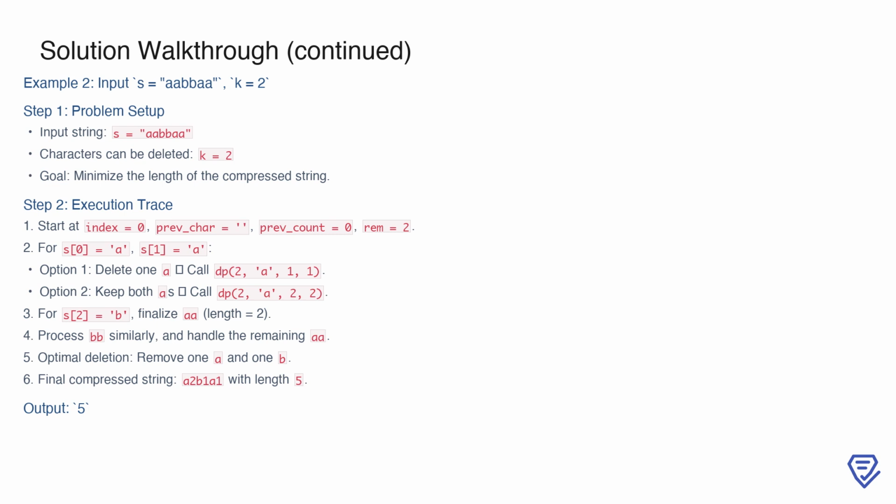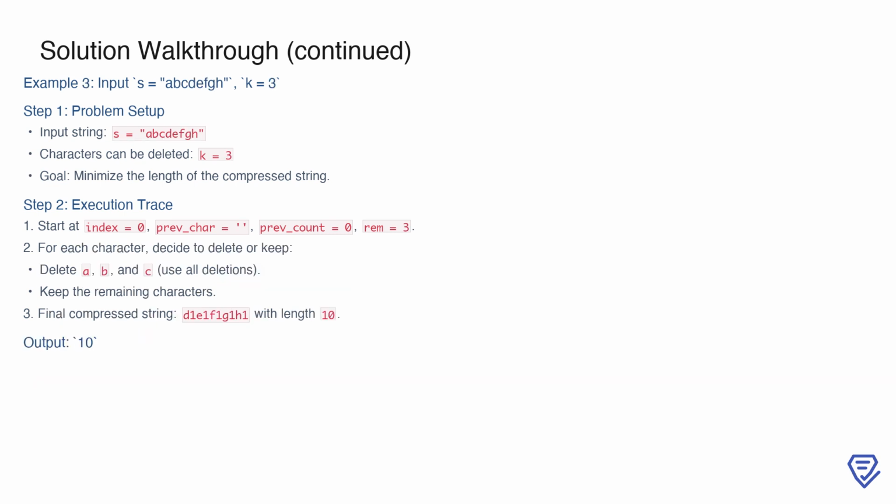dp 2 2 2. Moving to the next segment bb, we finalize the compressed length of AA as 2 and repeat the same logic for BB. Finally, we handle the last segment AA. The optimal strategy is to delete 1A and 1B, resulting in the compressed string A2B1A1 with a total length of